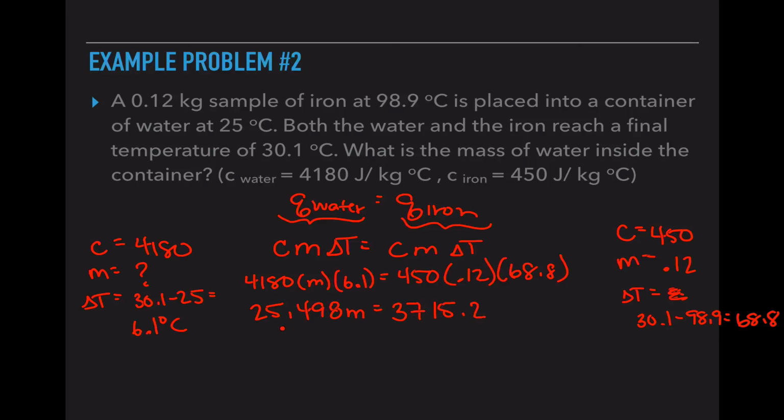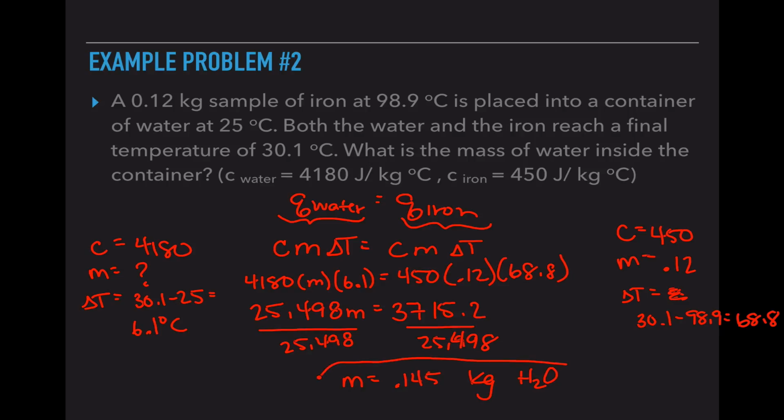and I'm going to combine all of this numerical value on this side, 3,715.2. Now mathematically, to rearrange, I'm going to divide by this 25,498, and my mass is 0.145 kilograms of H2O. So in that container, I had 145 grams of water, or 0.145 kilograms of water, to allow that heat transfer